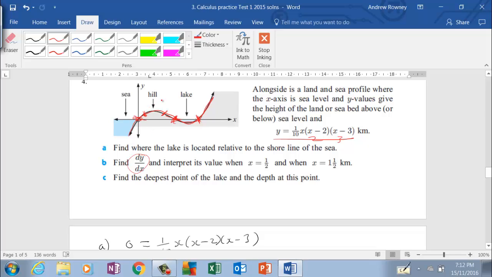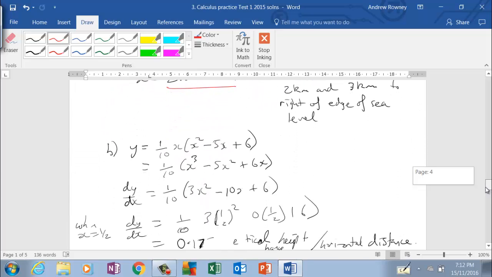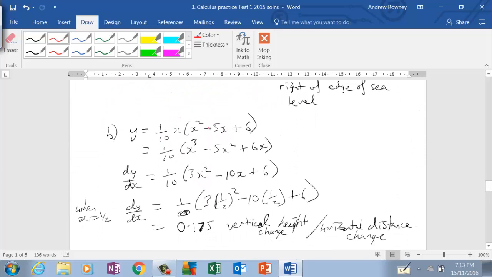So they're asking us to find the slope at that point and the slope at that point, because they're asking for dy/dx. To do that, we need to write the function down and first of all put it in power form, ready for the derivative. So we're going to expand the x through, and so we get a cubic, and now we can do the derivative. I've left the 1/10 out the front because that doesn't affect the derivative, we just keep it there, and